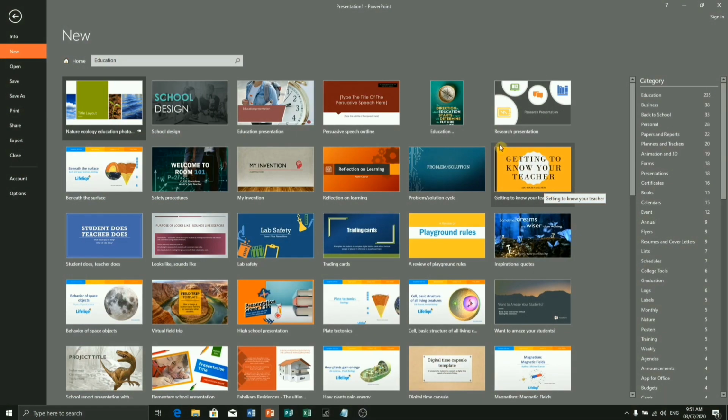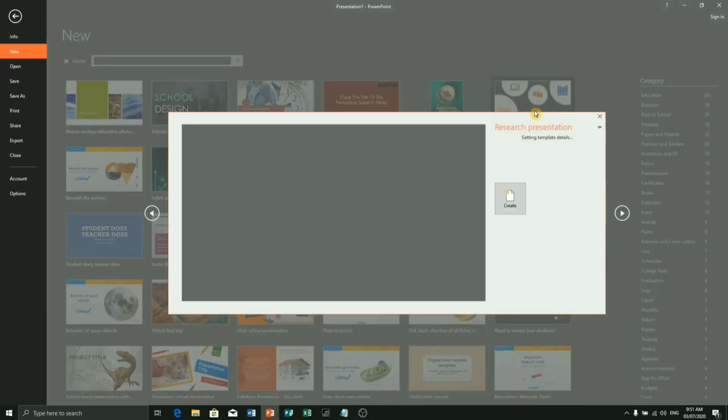We have so many professionally designed Microsoft PowerPoint templates here. Let us try this. Click on